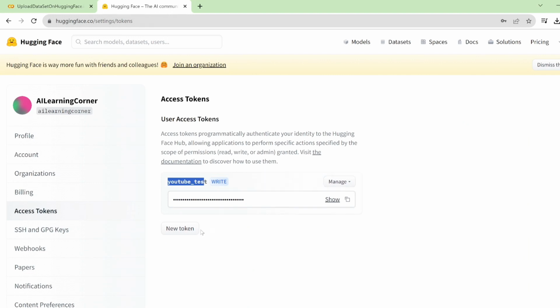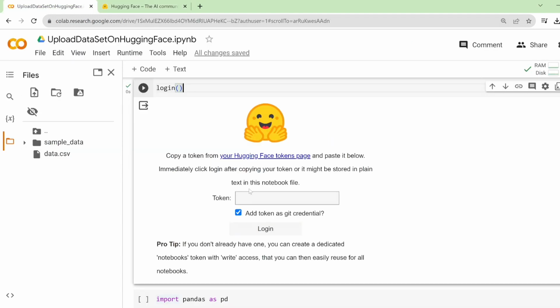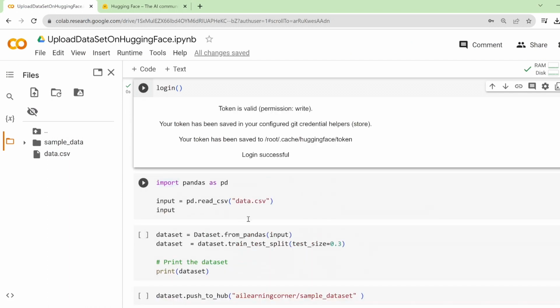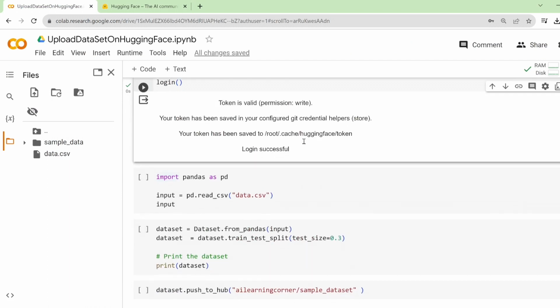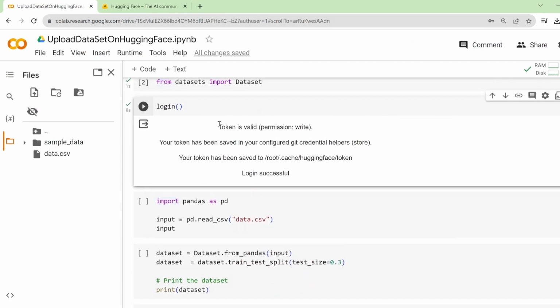If it's not there in your case, you can always create a new token, and make sure it has the right access, otherwise it won't allow you to upload the dataset. Then I'm just going to copy this token and paste it here, and say login. You can ignore the git credentials stuff, but anyway,